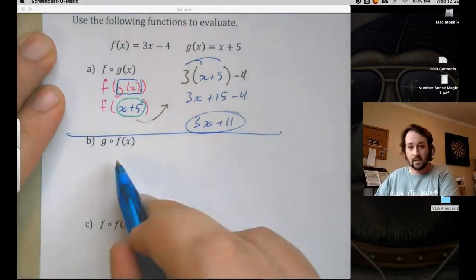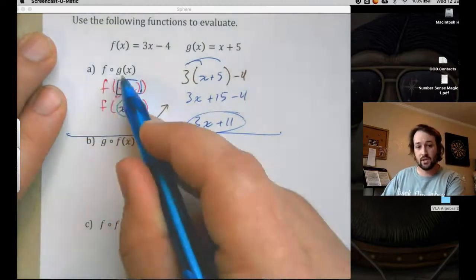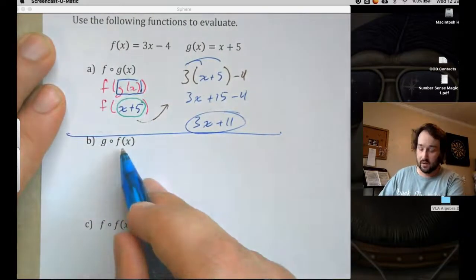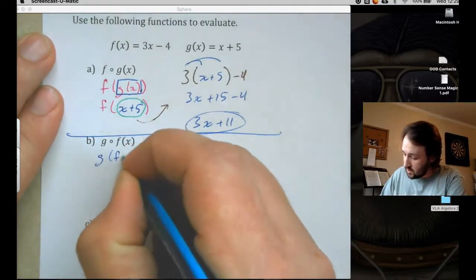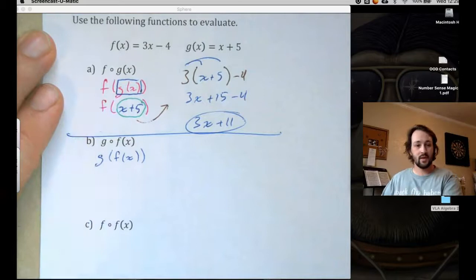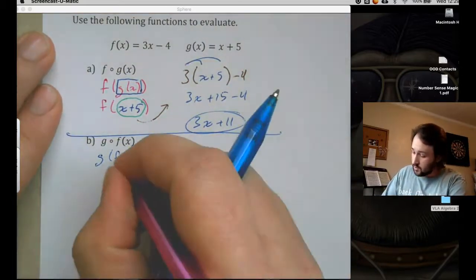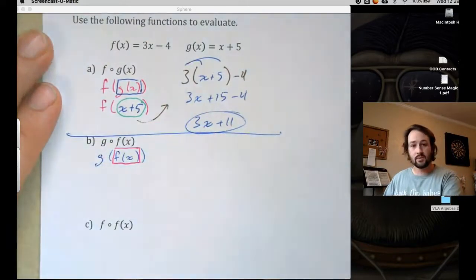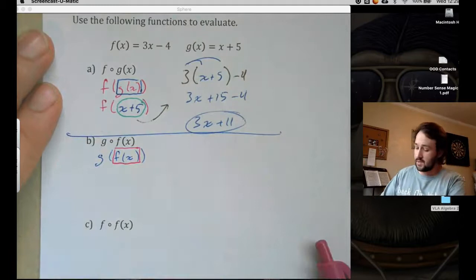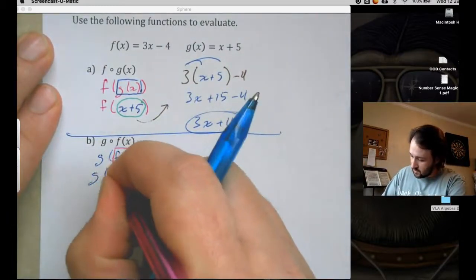All right, so looking at the next one. G of f of x. So notice, this one said f of g, this one says g of f. So it's essentially the same thing, except now we are going the other way. All right, so I have g of f of x. That's exactly what that means. So what I'm going to do is take my f of x function, and I'm going to substitute it in for that part. All right, so that I have g of f of x, which is 3x minus 4,